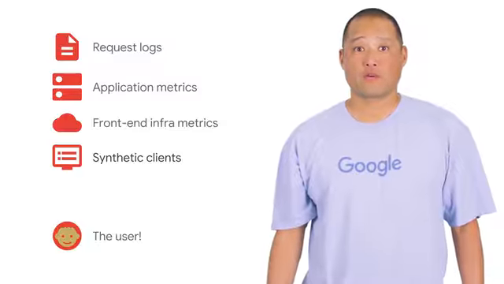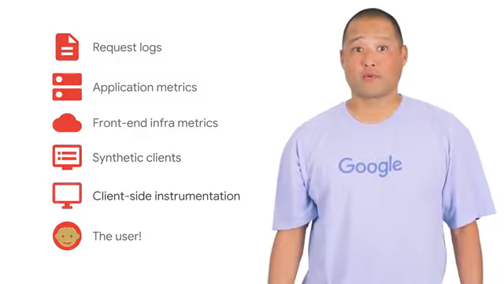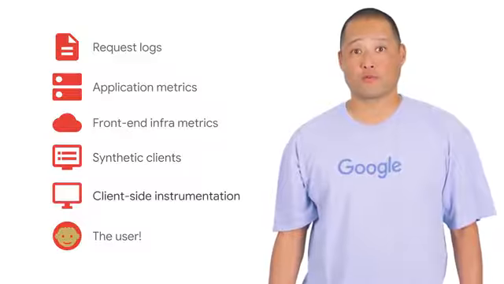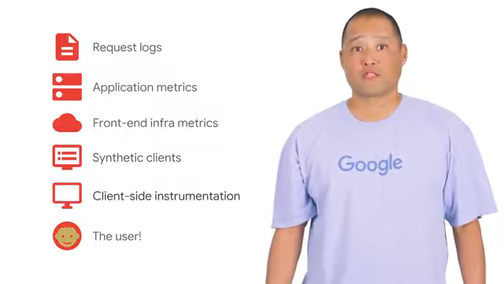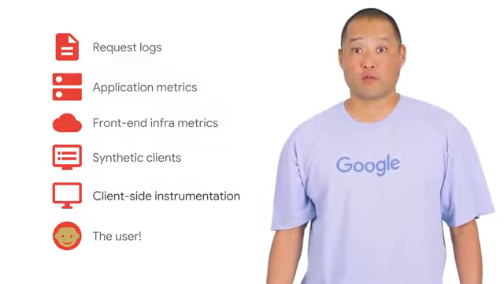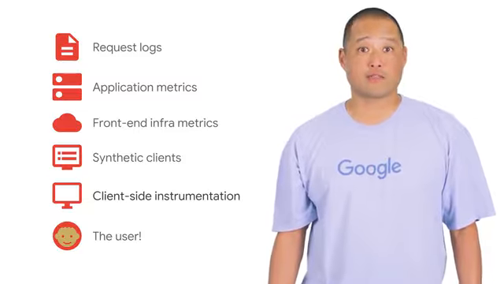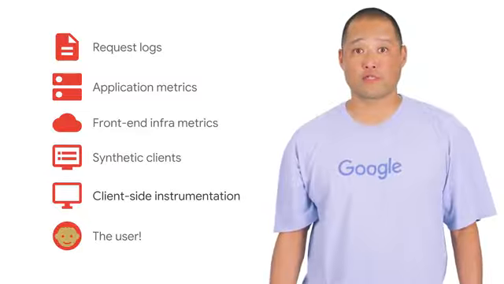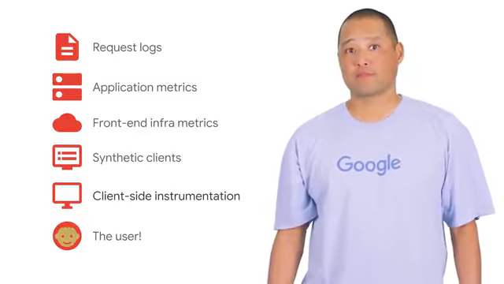Finally, you may choose to go straight to the source and instrument your client to provide telemetry that you can use to create SLIs. This provides far and away the most accurate measure of your user experience and can even help you gauge the reliability of third parties like CDNs or payment providers in your user journeys. So why isn't this the default approach?